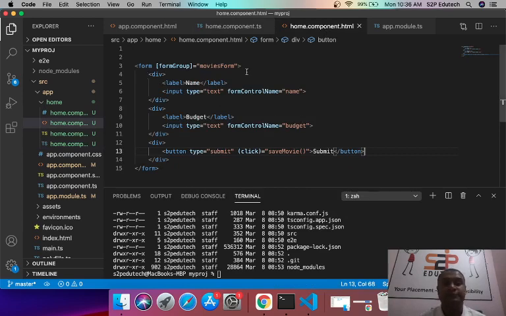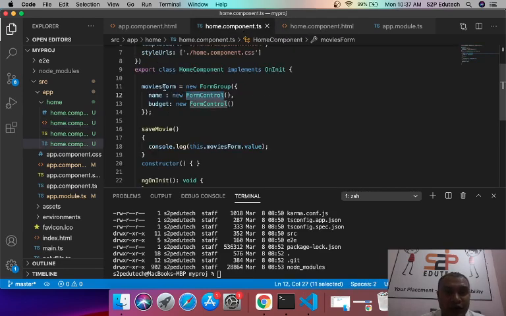Then we create a form in our HTML. In that form tag we use this directive, or I would say an attribute, which is called formGroup. Again note that f is small and G is capital. And we give the name of the form, which is movies form. What is this movies form? It is the name of the form group object which we have created.